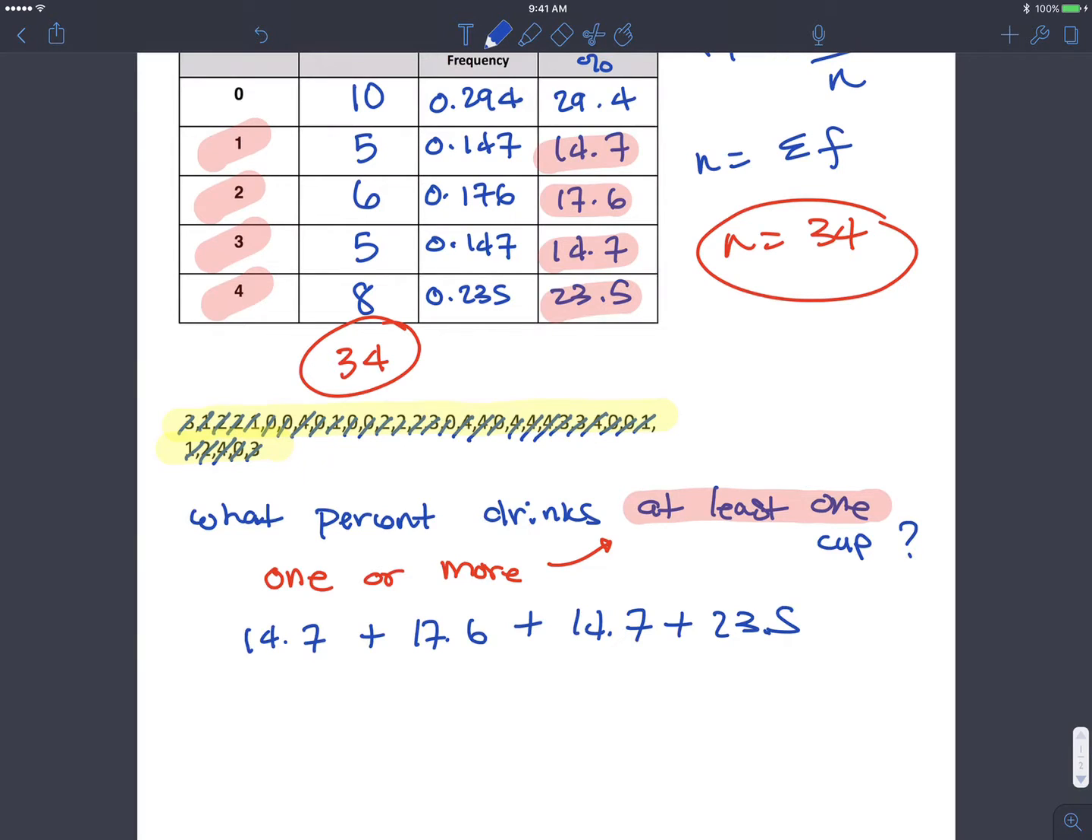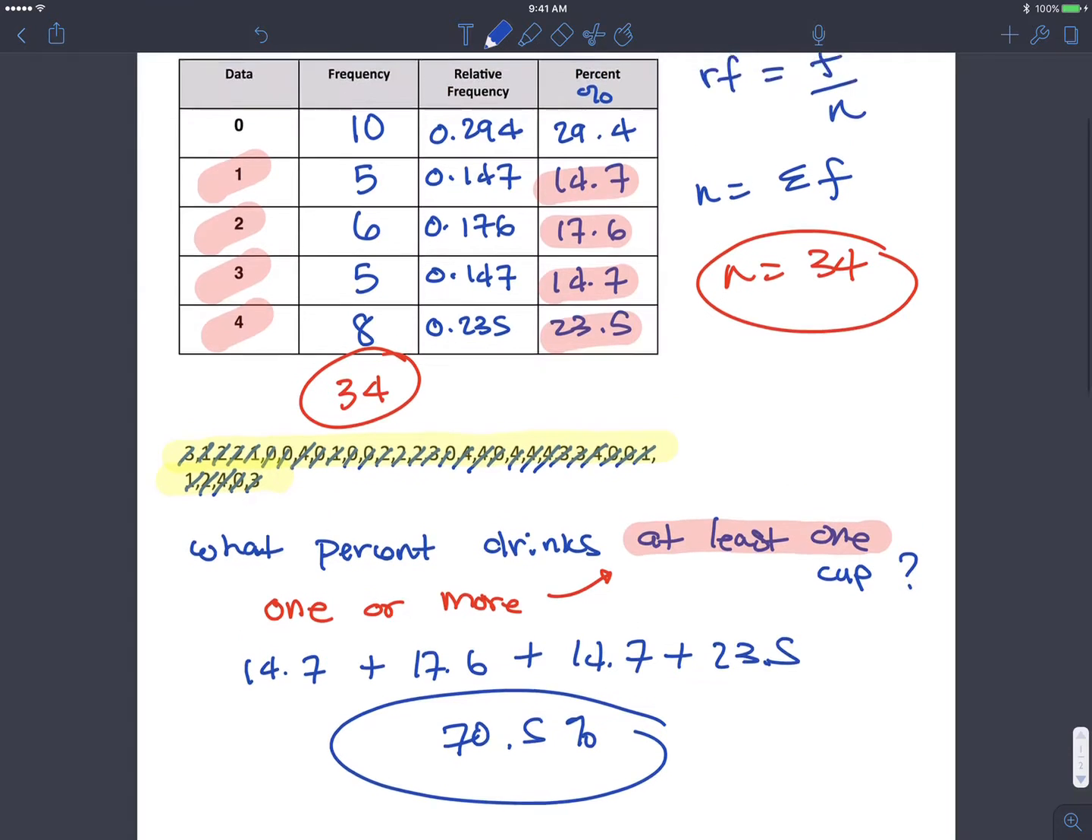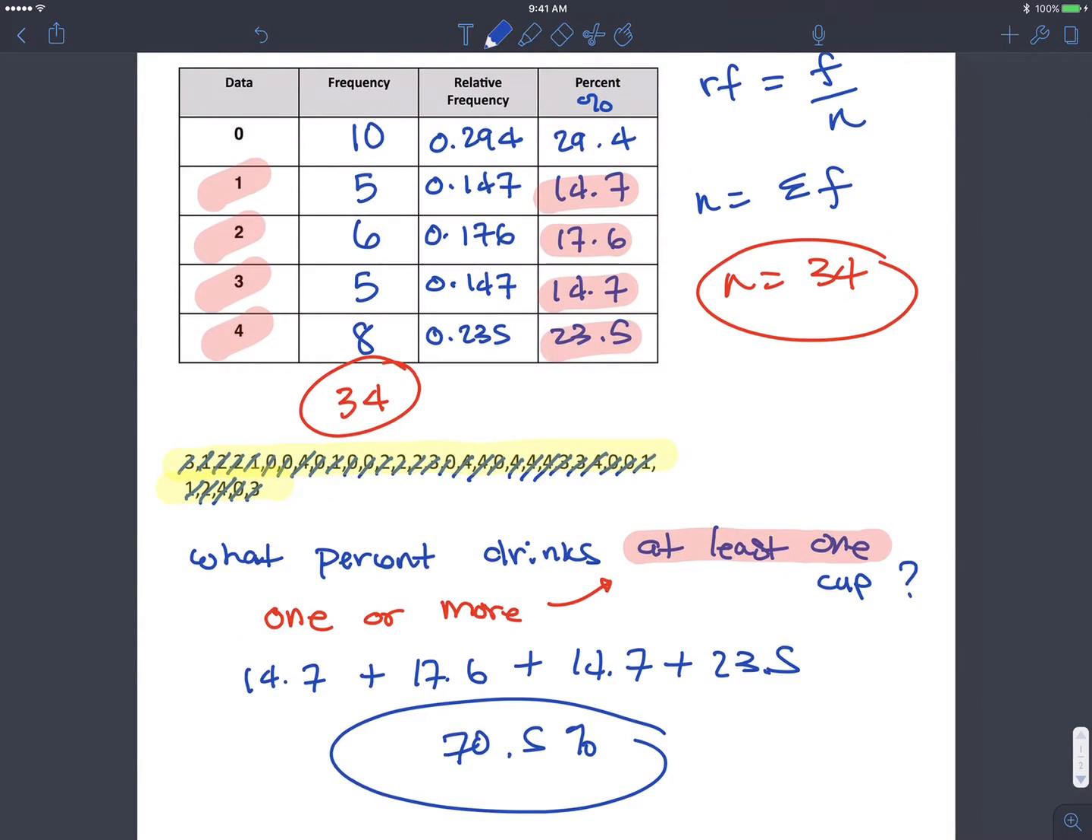So we get 14.7 plus 17.6 plus 14.7 plus 23.5. That's about 70.5%. So what we can say here, when they say what percent of the sample drinks at least 1 cup of coffee per day, this is about 70.5%. And we found that by simply understanding the meaning of the phrase, at least one being